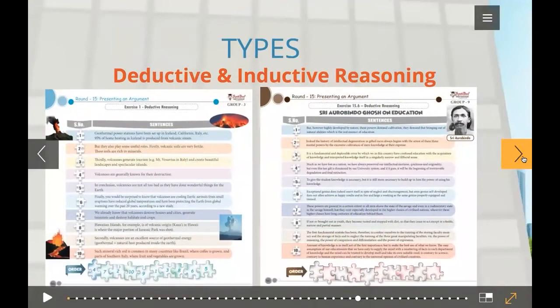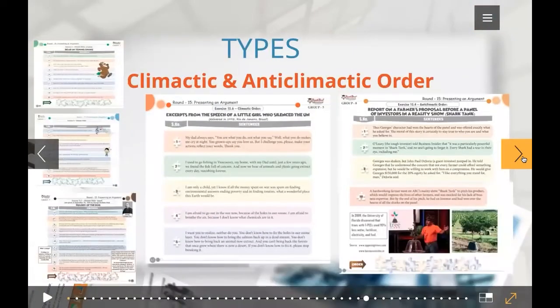And we have deductive and inductive reasoning. We have climactic and anticlimactic order. Climactic is slowly progressing, reaching a crescendo and finishing with a very interesting, a very engrossing climax. Anticlimactic order is when the reverse of what you think happens, or it is also the order in which